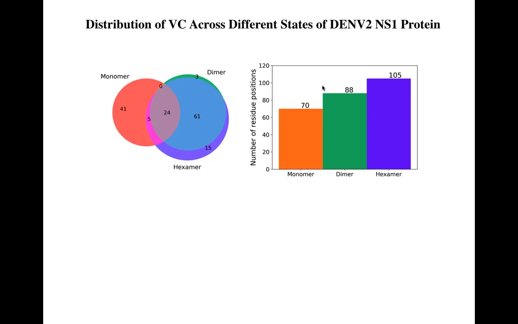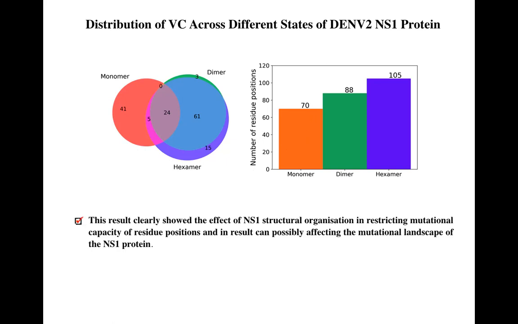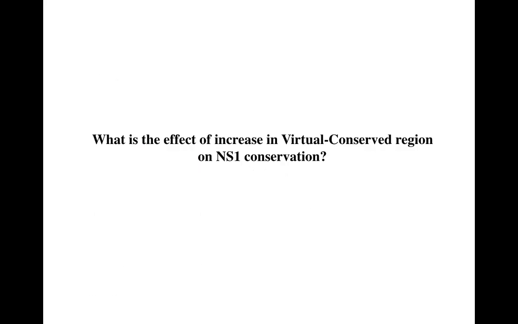So this suggested that this state change, or formation of dimer and hexamer, is creating a global level of changes which result in formation of such sites. So from this, it is clear that NS1 structural organization is restricting the mutational capacity, and then it could be important for the evolution. So next, we ask the same question: what could be the effect of this increased virtually